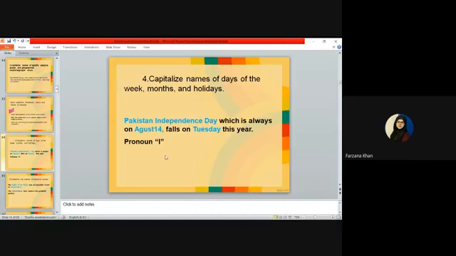So, according to the English rule of capitalization, the pronoun I, which is a personal pronoun, whenever you use I in any sentence, I as a personal pronoun, not the I of the letter in information, not the I of the word is, right? Whenever you use the personal pronoun I, you will always capitalize it.